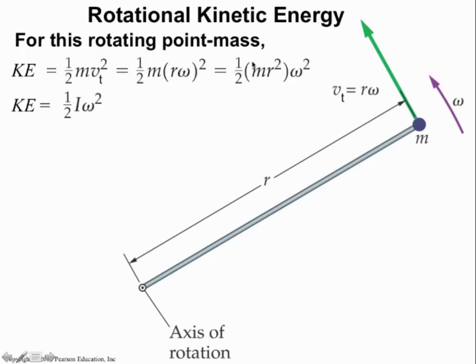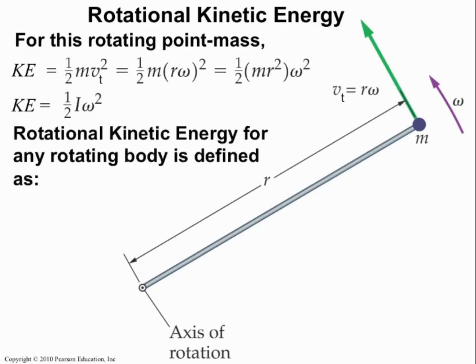Okay, and so mr squared is replaced with I, and I'm left with 1/2 I omega squared. Now, you don't have to remember that derivation, but that's where the definition of rotational kinetic energy comes from. And so rotational kinetic energy for any rotating body is defined as KER equals 1/2 I omega squared. That's the definition of rotational kinetic energy